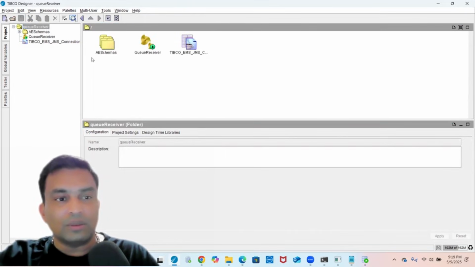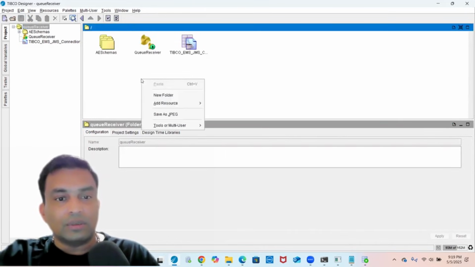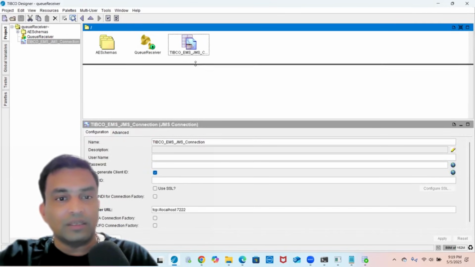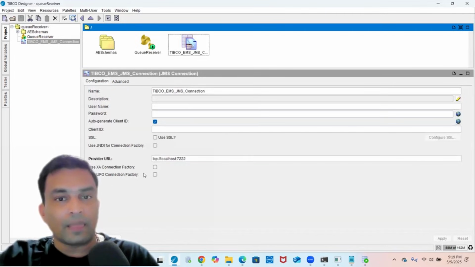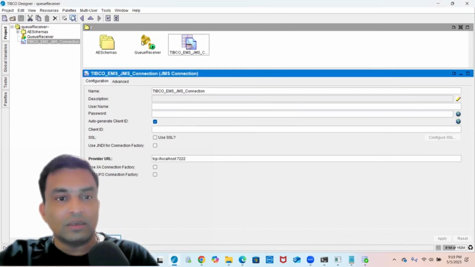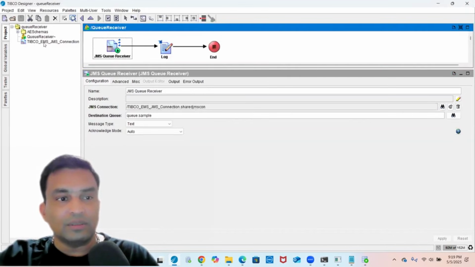For this, we need to connect to our EMS server in our local machine, and this is the JMS connection shared resource. I'll test this connection, and test connection is successful,